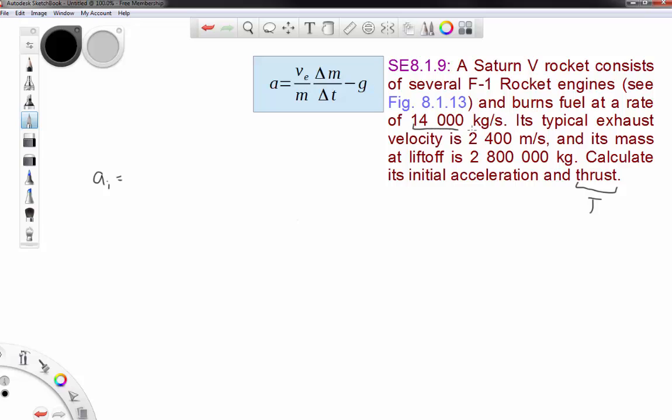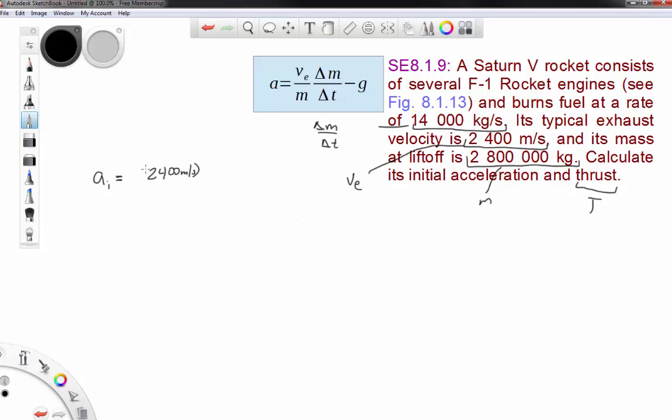fuel burn rate is 14,000 kilogram per second. This right here corresponds to delta M over delta T. The typical exhaust velocity is always given with respect to the rocket. So this right here is the V sub E, and then this right here is the initial mass M. So this initial acceleration should be